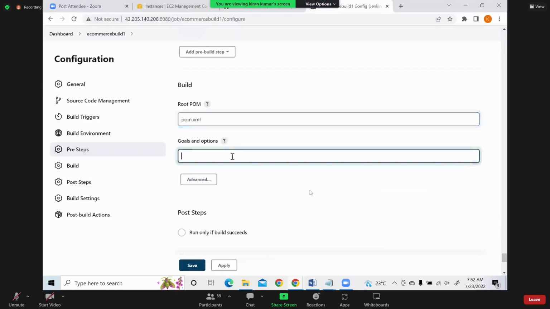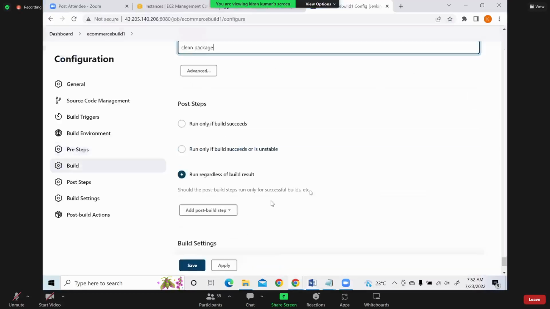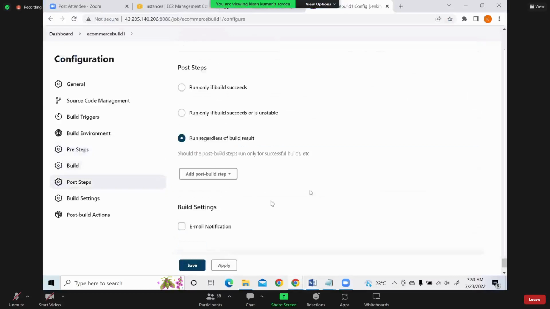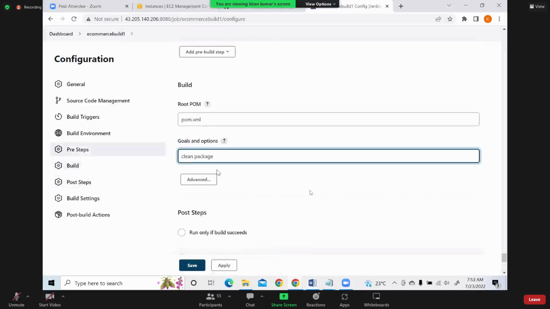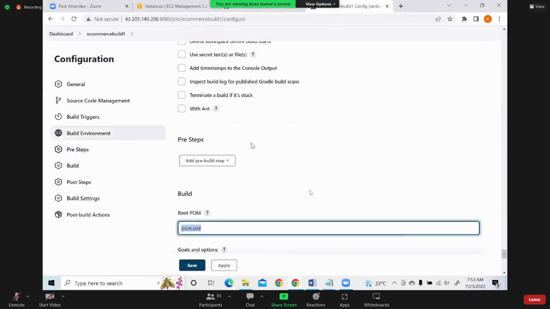Then you have to tell it clean. What is a Maven install? Maven has to do clean and package. That's all. So what are the steps I have given? The Maven goal for clean and package, packaging that as a jar, the root pom.xml present in this GitHub repository, and